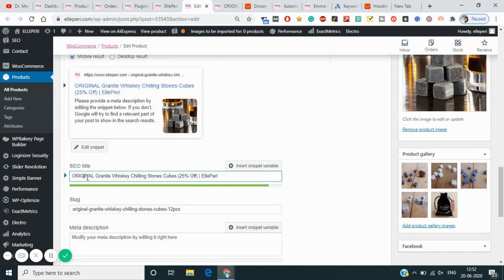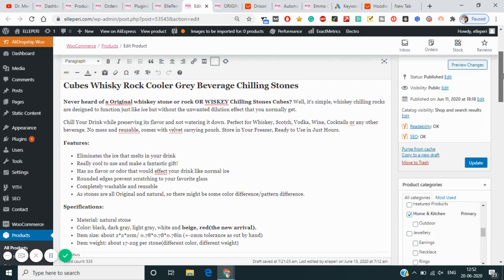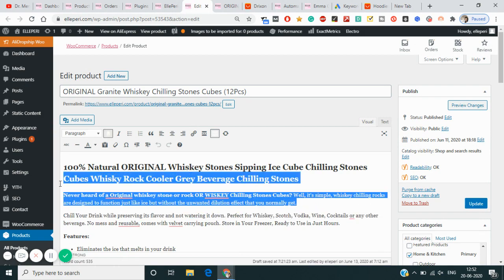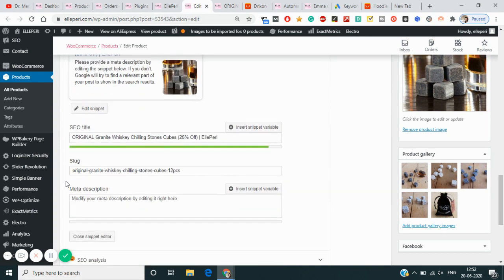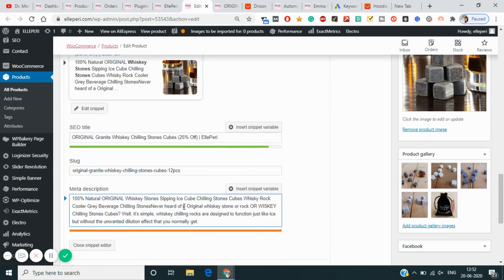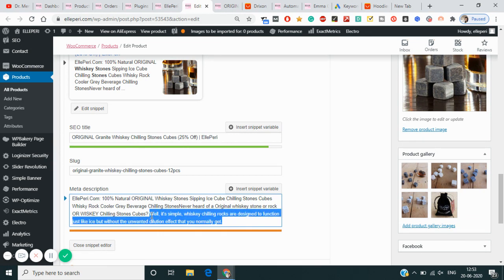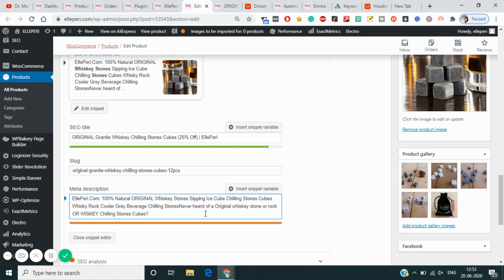25% off original granite stones, whiskey stones. And in the description part, this is the meta description, I've given the same, but it has a word limit. So I will first put my brand name, aliperry.com. Or if you want, you can write only aliperry or just your company name, but I prefer to give the .com as well. So I have given here 100% original whiskey stones. The main point, what is important about the product, that you can give here,